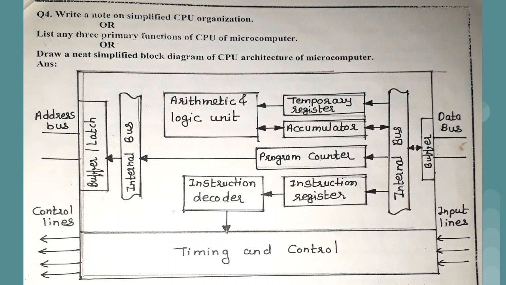From the temporal register, the data is sent to the accumulator, sorry, arithmetic logic unit. Then we have the program counter element, which is connected to the internal bus line. Basically, what is the function of the program counter? Suppose we have add, subtract and rotate instructions. Currently we are executing the add instruction. So after add, which instruction do we have? Rotate. Suppose we have a rotate instruction.